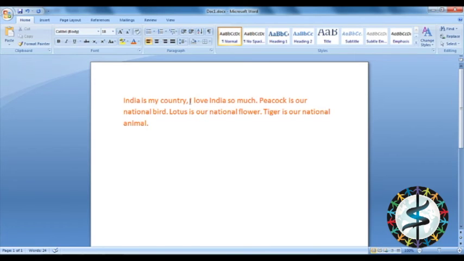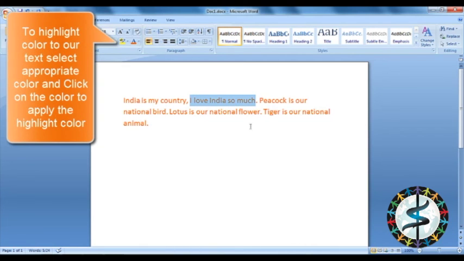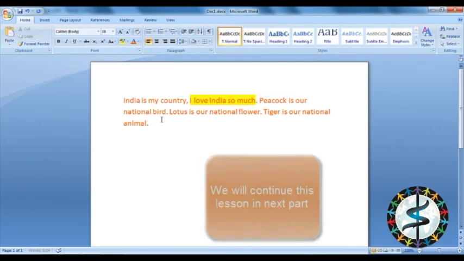For an example, I want to highlight this sentence, so we will select it and go to text highlight color, and we can select the color by which we want to highlight this text. For example, yellow. And after we click it, the text will be highlighted by the color we have chosen.